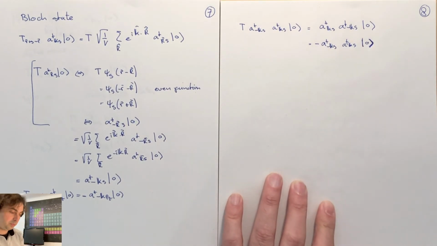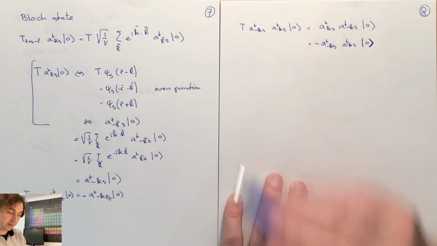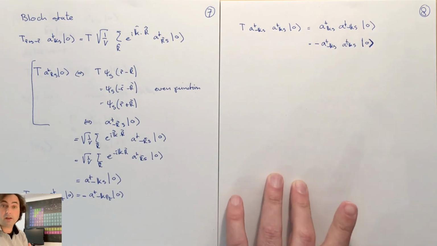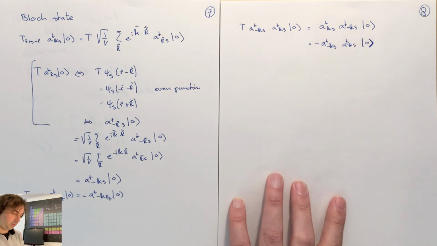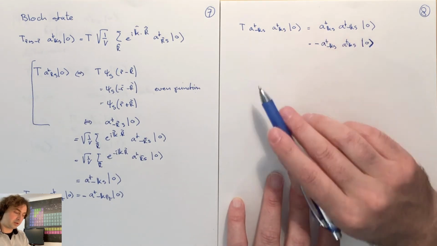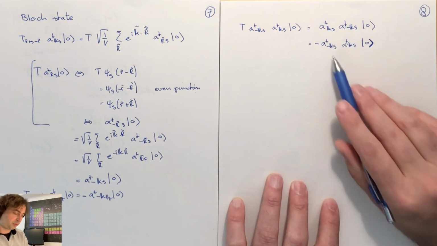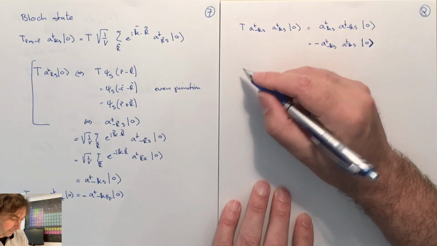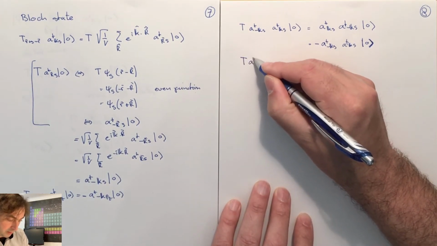So a wave function made out of two Bloch waves, one at k, one at minus k, of Wannier functions that are even, is odd. Because under inversion symmetry, I change the order of my creation operators and therefore change the sign of that wave function. We can do the same, but now for